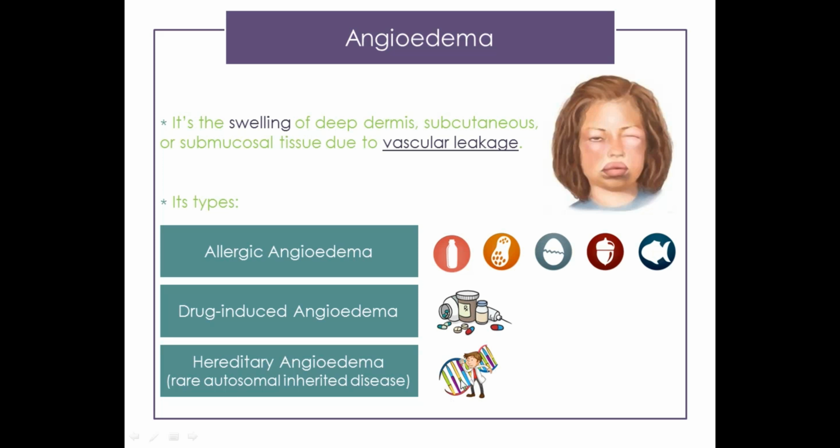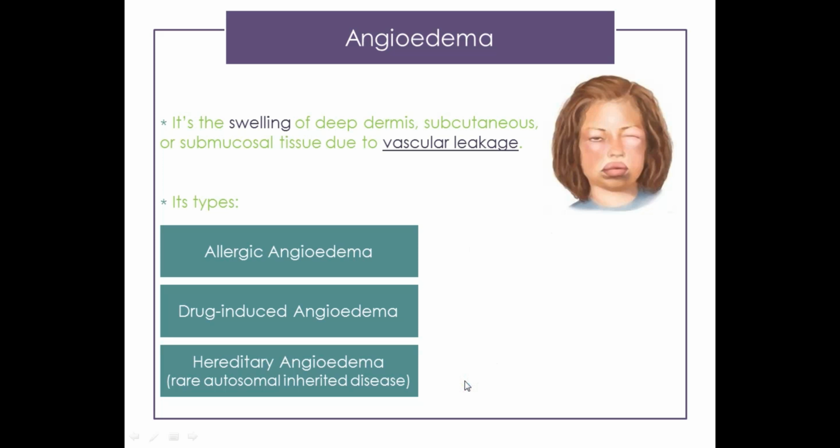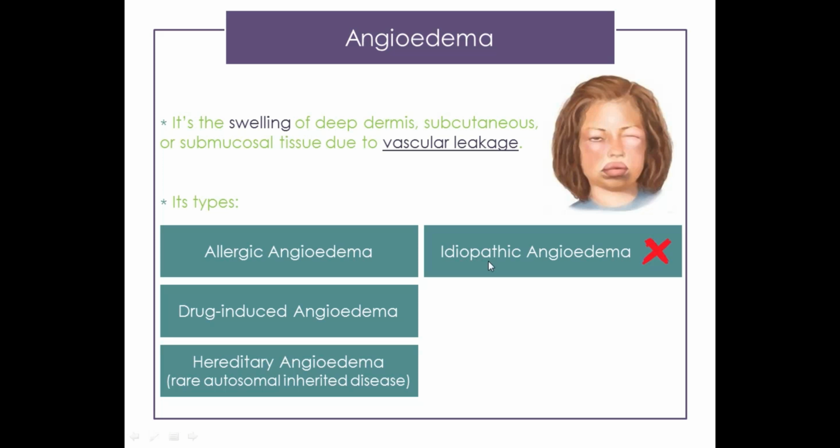It's caused by inheriting defective genes, right? We have also idiopathic angioedema, and idio means idiot, pathic from pathology. It means we don't know the reason that causes this angioedema, but research has found that 30 to 50% of the idiopathic